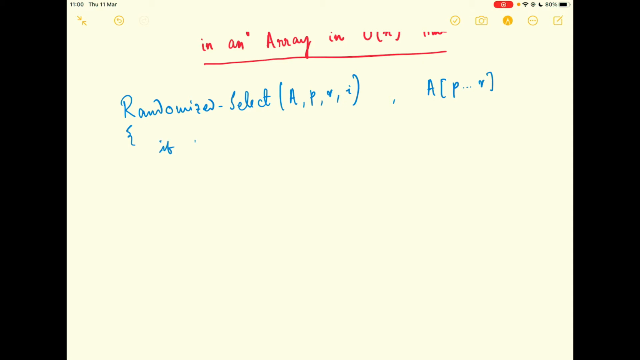If P equals R, then i must be equal to 1. Then in this case we return A[P], which is the same as A[R]. Otherwise,